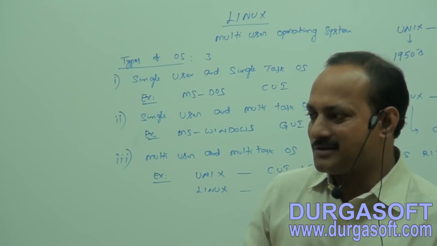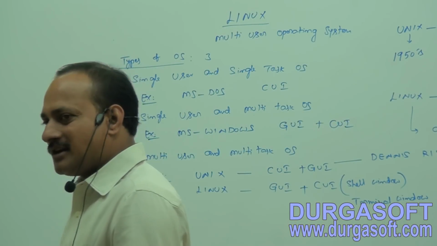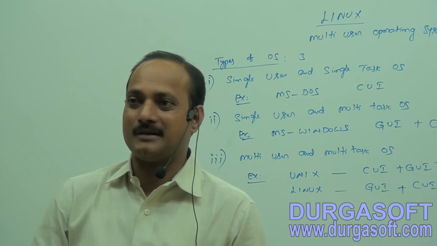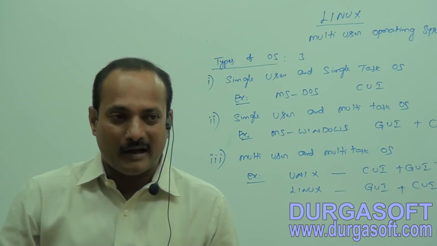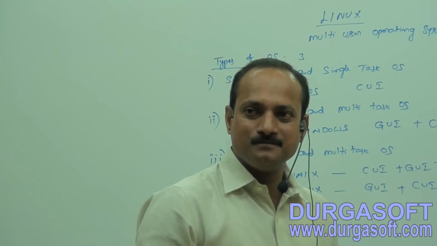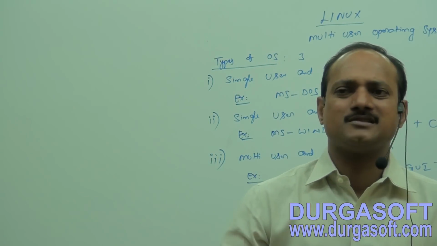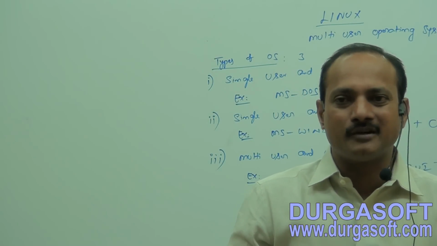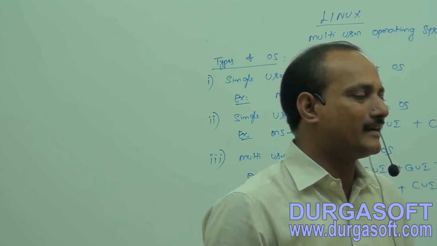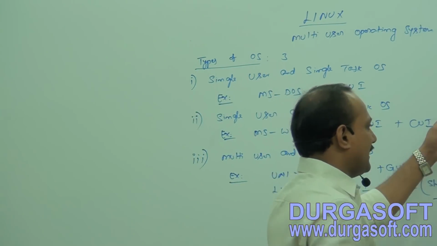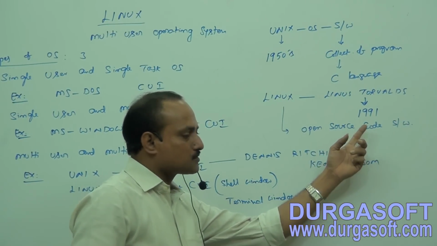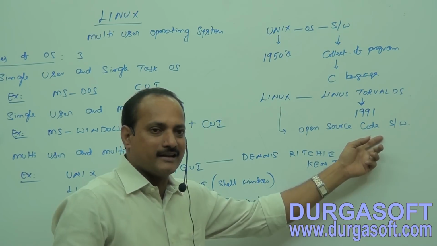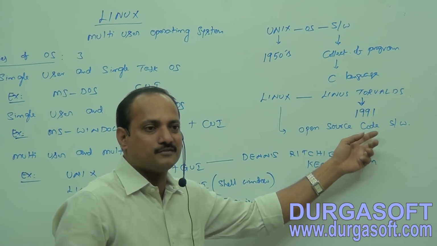Okay, I know Java language and you know Java language. You have developed a project and you have given the original source code of the Java programs to me. Then according to my requirement, I can change those Java programs. Why? Because I have the original source code. Other than source code, I am unable to modify, but if I have the source code I can modify according to my requirement. That is called open source code software. Linux is available as open source code software. The business people can modify the Linux operating system according to their requirements. That is the advantage of Linux.